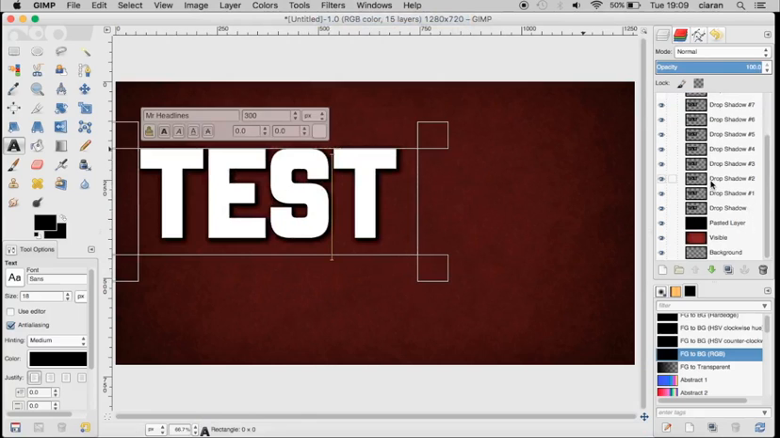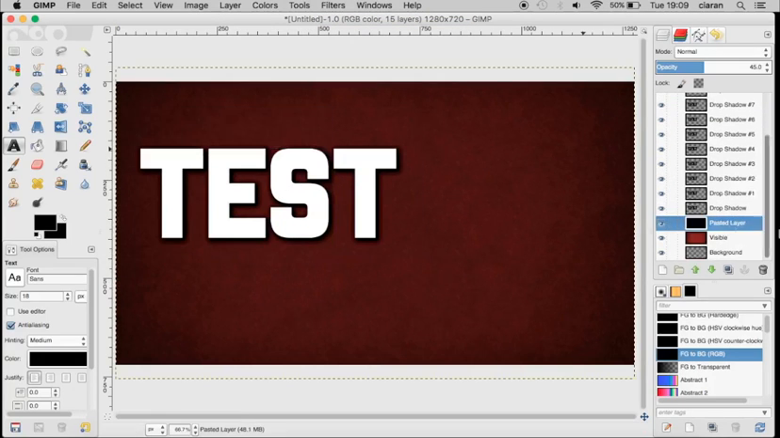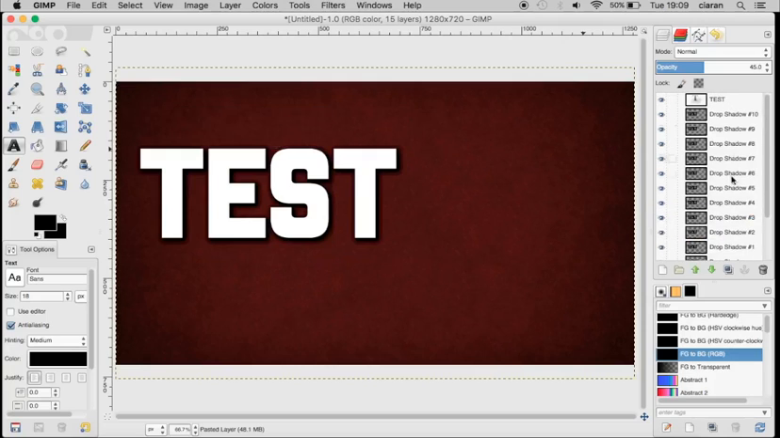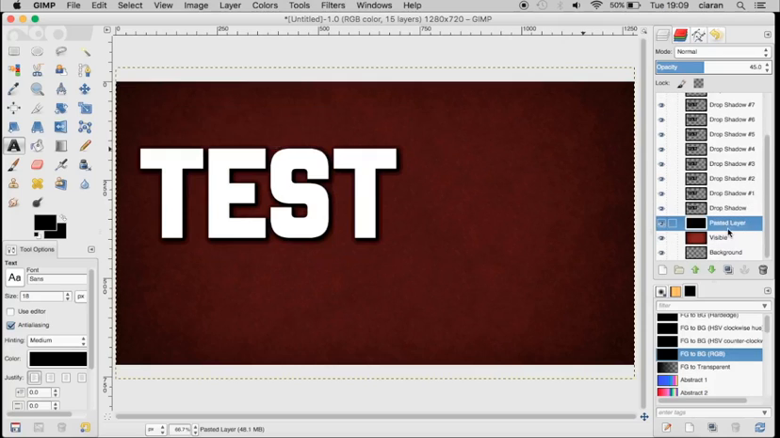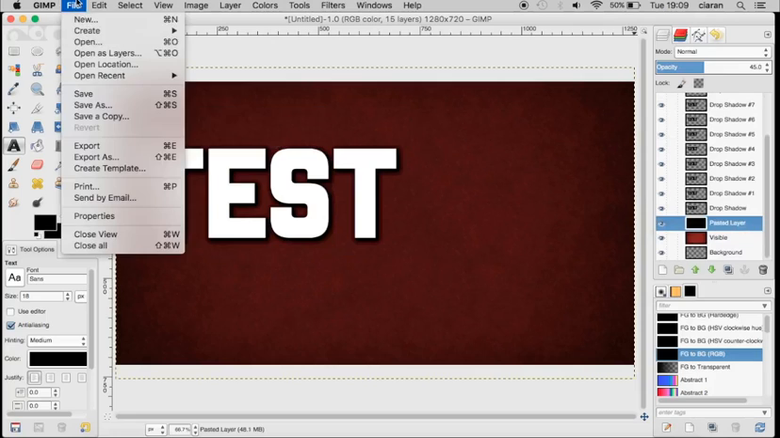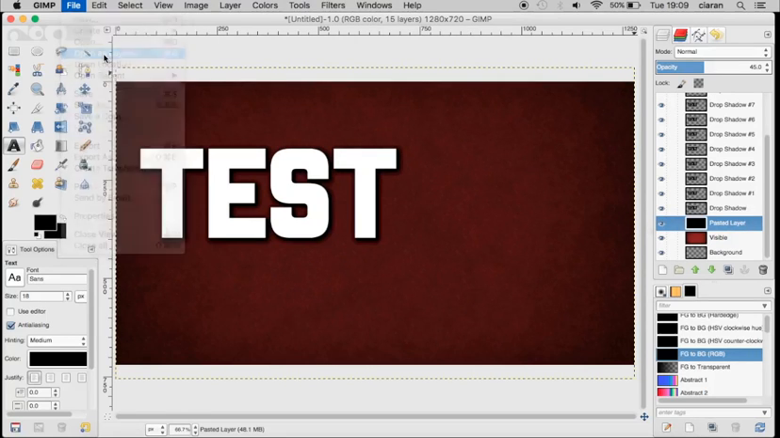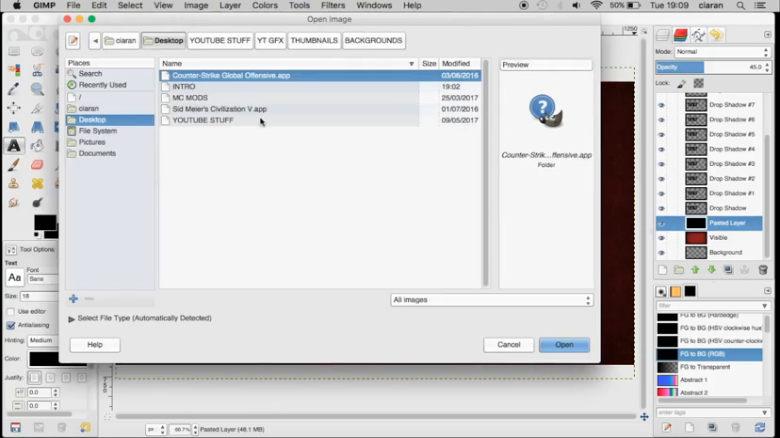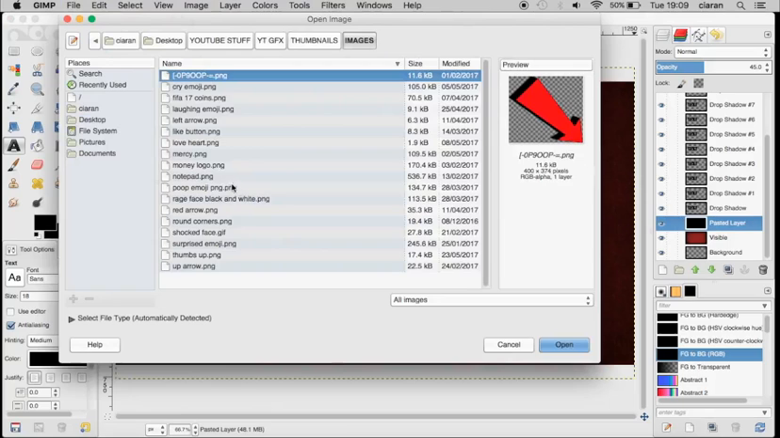Now, what if you want to add something else? You don't want to put stuff on top of text. Go back to your normal background, the pasted layer, since that's the one you put the opacity on. And then, like I said, go open as layers, or like I said before, you can go to the internet to find whatever you want. I'm just doing this as an example, so I'm going to go back where it was, and then go to images, just find one here,